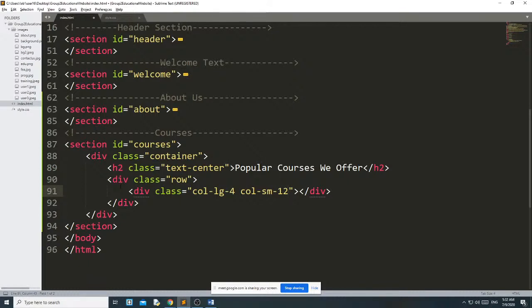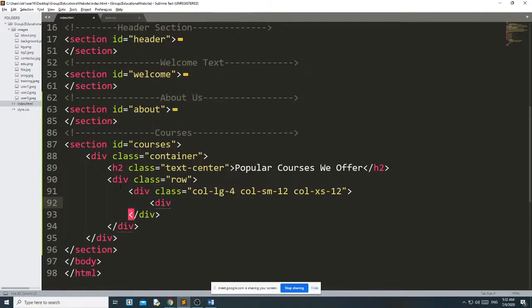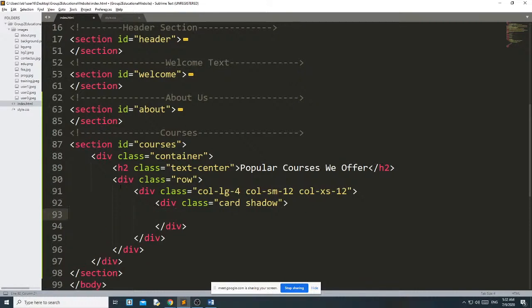Okay, and in extra small screen also I want to see only 1 column at a time. Okay, then I am going to add the card, div class card shadow. These are all predefined classes.